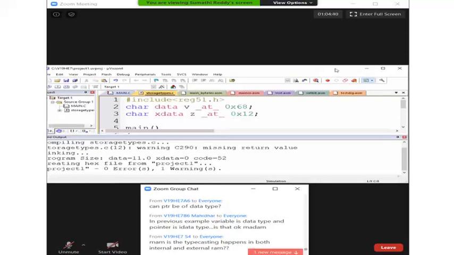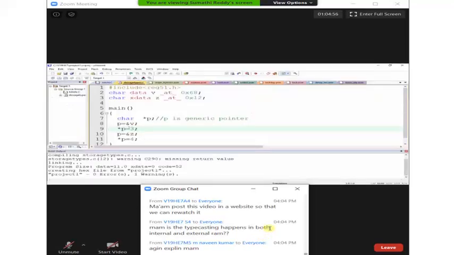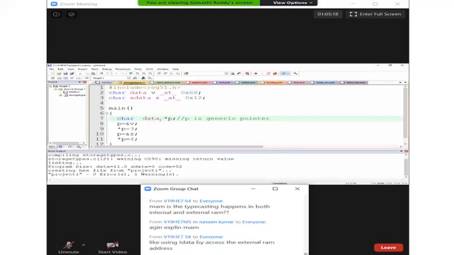Typecasting means what you are expecting. This P pointer can point to the data wherever the data may be, whether in internal RAM or external RAM. But if I go with a specific pointer, it can point only to the data if it is in the internal RAM.